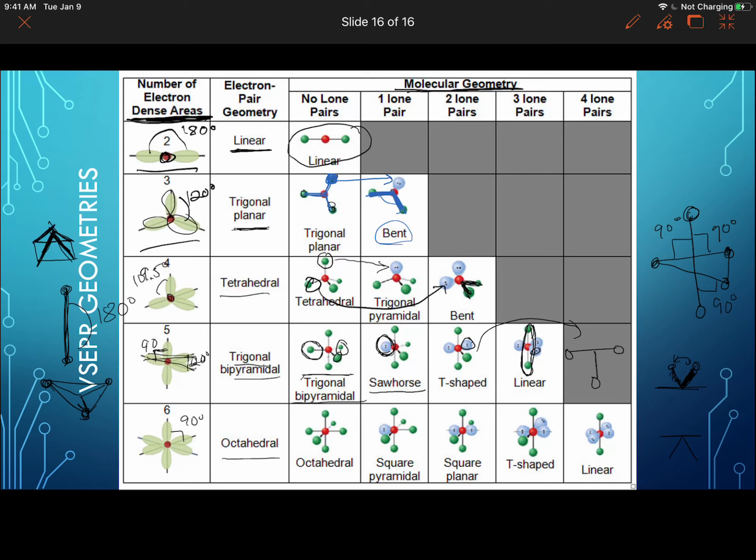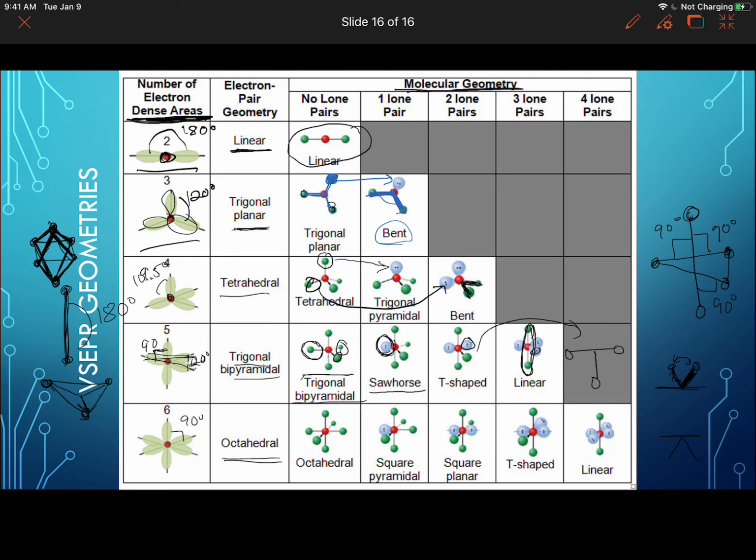And maybe you can see it, maybe you can't, but we have 4 sides right here. We're going to have the same thing on the bottom, where we have 4 sides, so it looks like a little octahedron. Okay, so it's called octahedral because it makes an octahedron shape with the atoms. Like so. Okay, with our octahedral electron pair geometry or electron domain geometry,